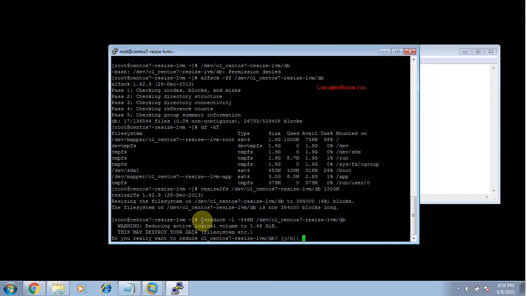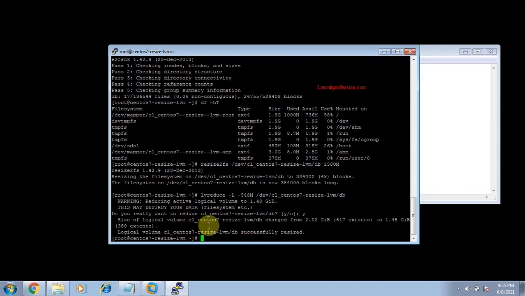After typing the command lvreduce, it gives a warning: reducing active logical volume to 1.48 GB. This may destroy your data. So just press Y.